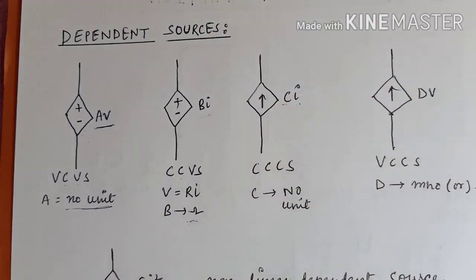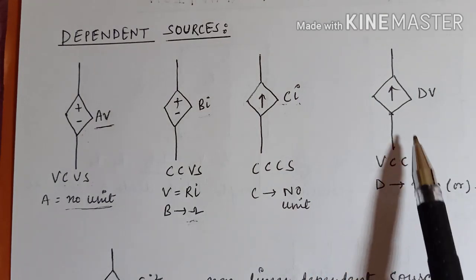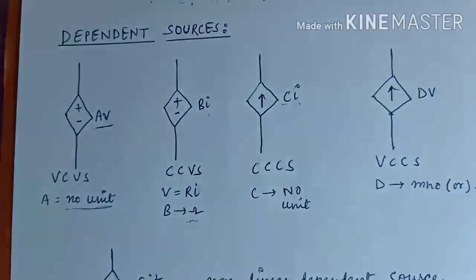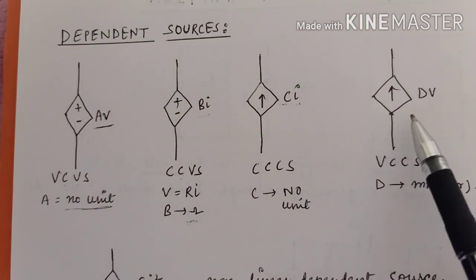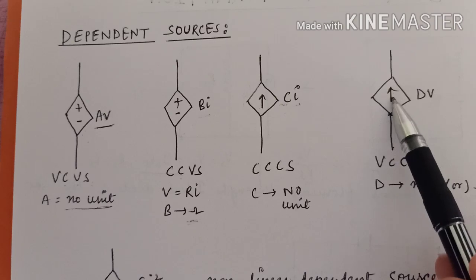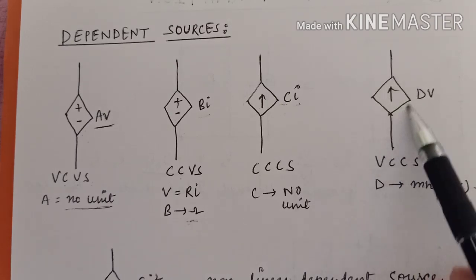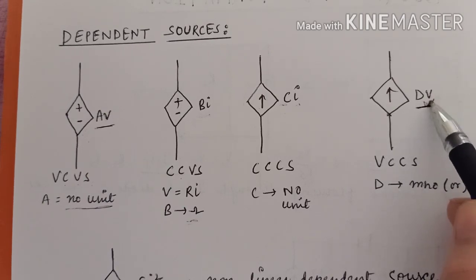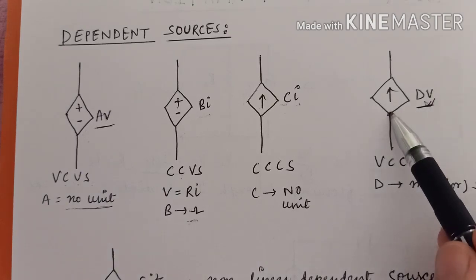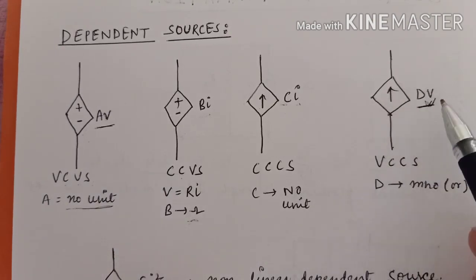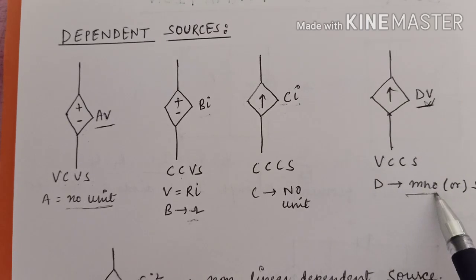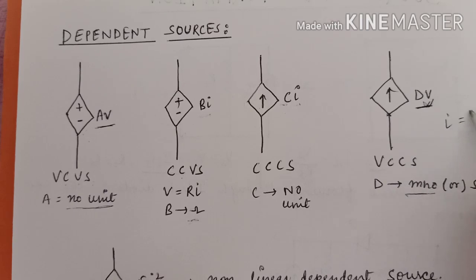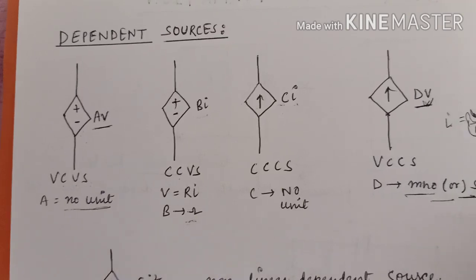Next is your this one. What is the symbol of this? This is a current symbol. So this is your current source, and this current source is depending on here dV, voltage. D is constant and V is voltage, means this is your voltage control or voltage dependent current source. And what is the D? D is your mho value, because current is depending on the voltage. Clear? So V by R means 1 by R is your mho value or the Siemens.